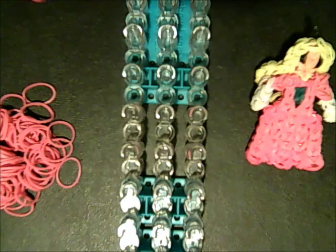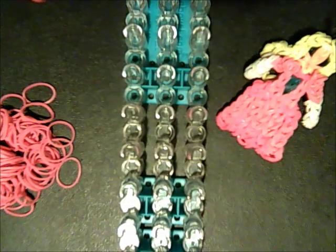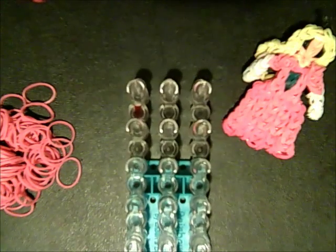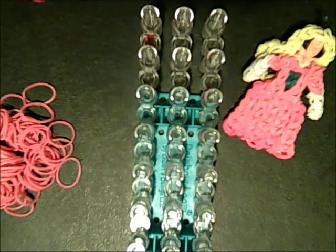For this design, you'll have your loom in a square set position so you can stick your hook in between each set of pegs and not diagonally. We will also have our loom upside down with the red arrow facing towards us so that we can see the final picture better. For this design, you will need